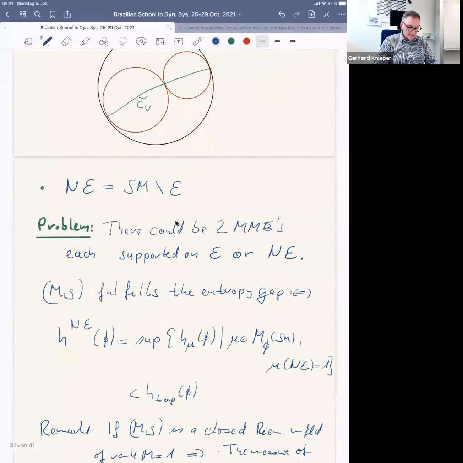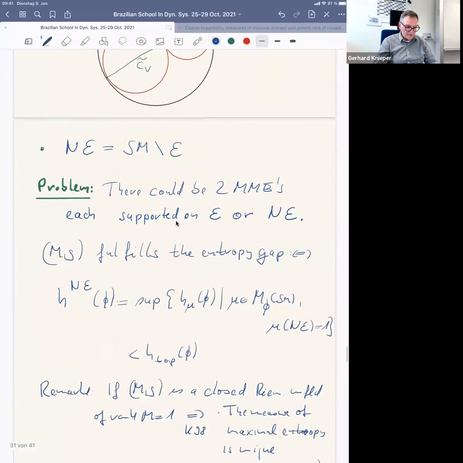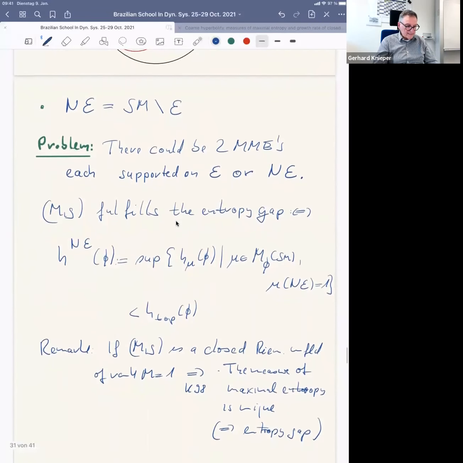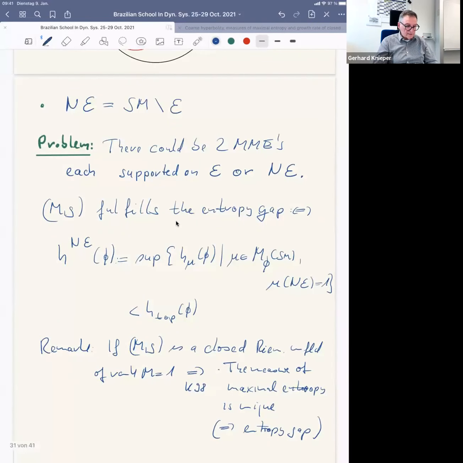It's a kind of topological entropy, but using the variational principle in some sense. So we say that our manifold, which we introduced with these two properties, fulfills the entropy gap if the supremum of all entropies